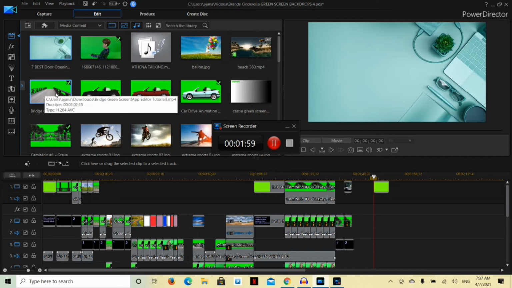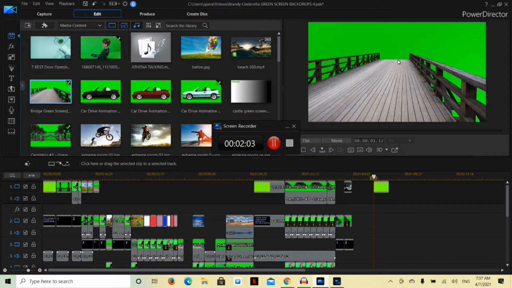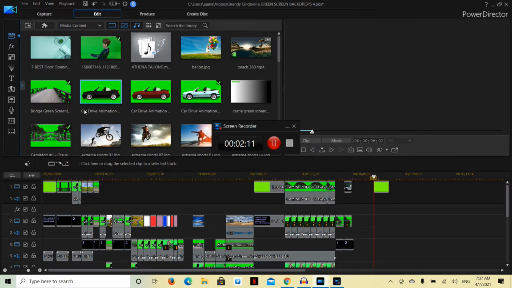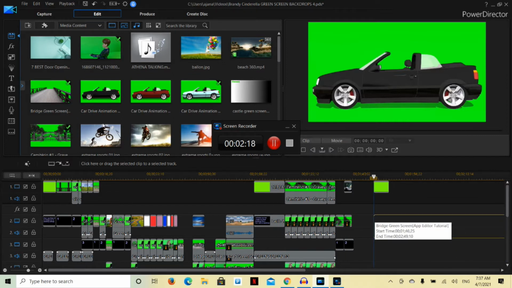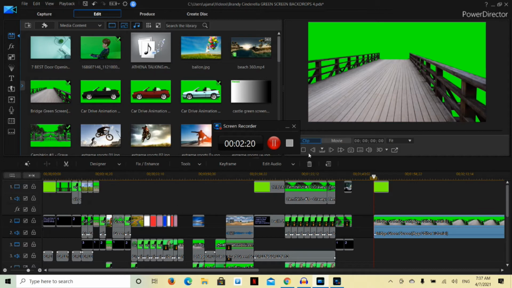Let's take this for instance right here. You see it on the screen? Okay, here's the bridge, so I'm going to move it into the timeline. Sometimes I grab the wrong one. I'm going to move the bridge into the timeline, which basically is like a whole file,